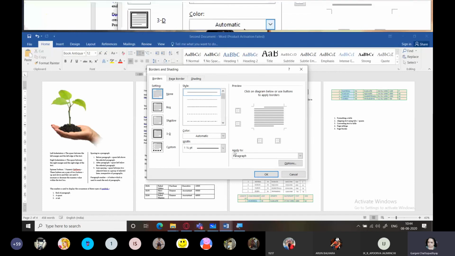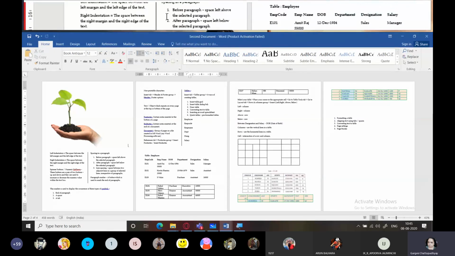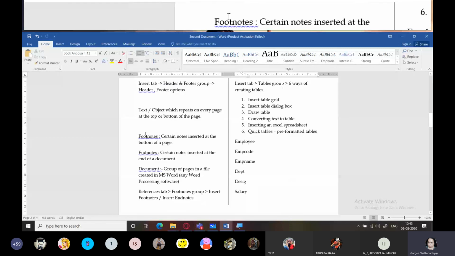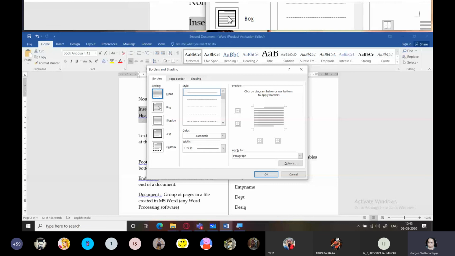So here you have borders. So firstly, we will understand text borders. For example, you have this text over here. So I'll select the text. We'll go to borders and shading. From here, you can set box, click on OK, and you can see that the text gets a border in the background.